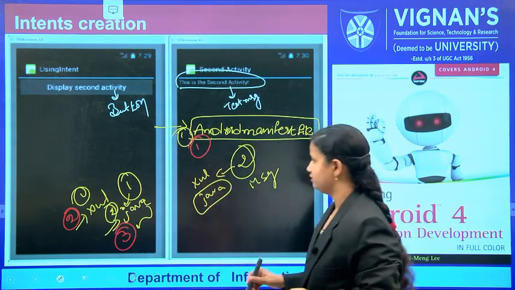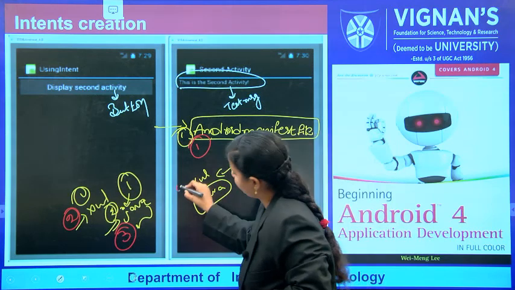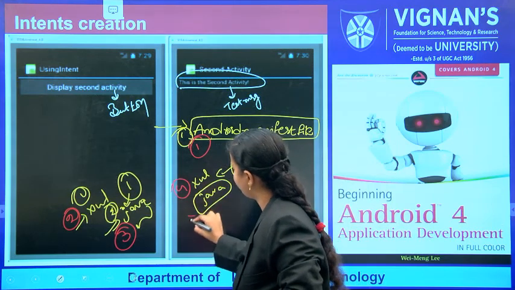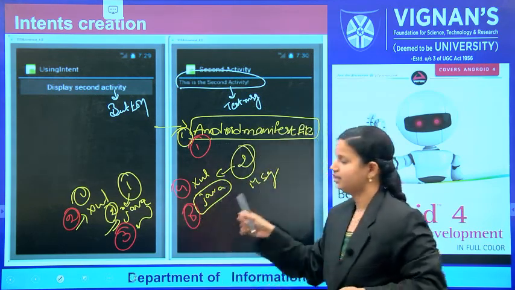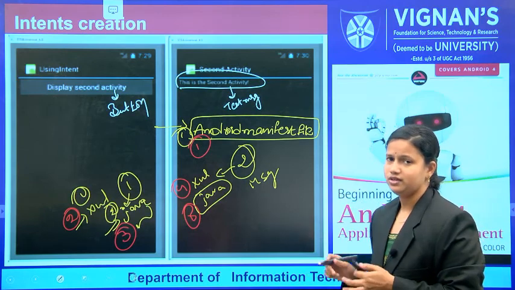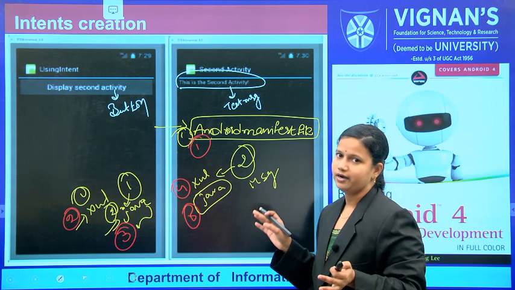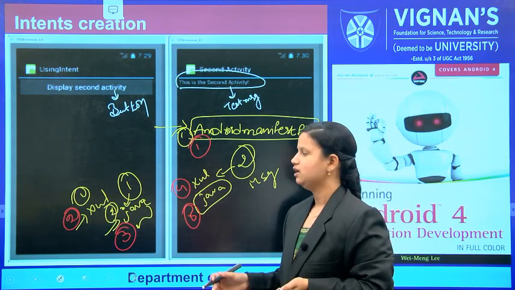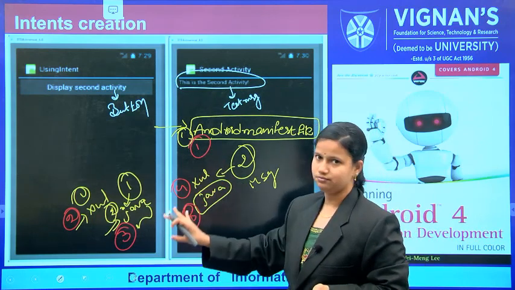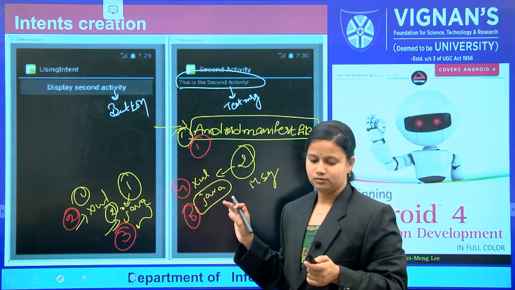The next one is for activity 2, which also has a 4th file and 5th file, that means a Java and an XML file. In this way, for the creation of this example, it will generate different files. From those different files, we are mainly focused on these 5 files. So, let us see them one by one.